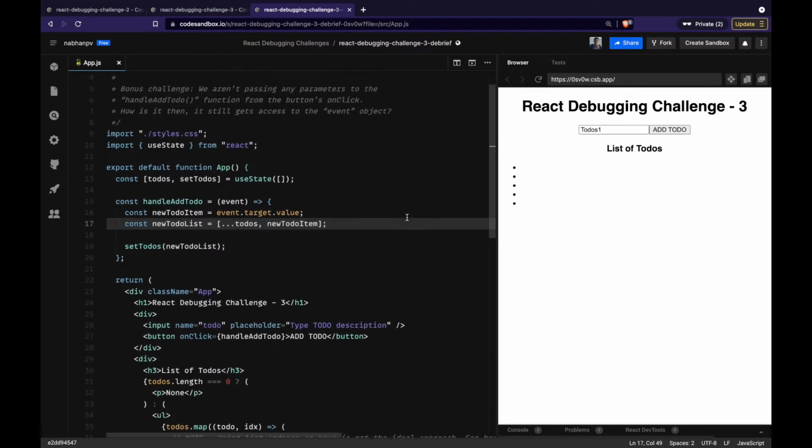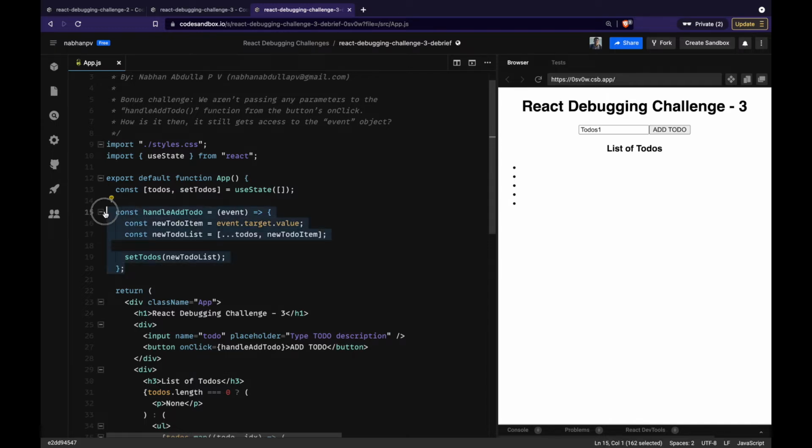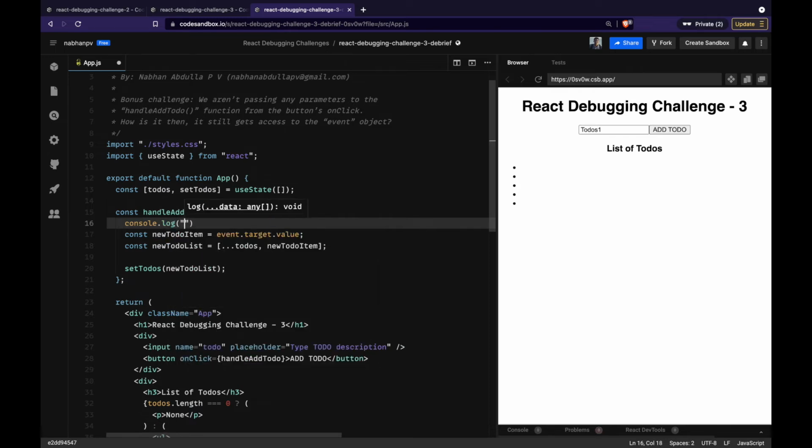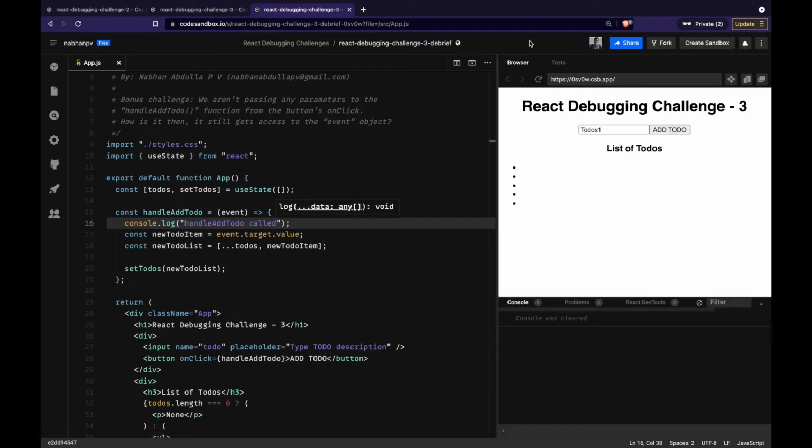Given that the only piece of logic we have that is related is this function, we'll use the ever always helpful log statements. Let's start at the top, just to first verify if the function is getting called. Let's first ensure the function is getting called. And you can see that the handler function is getting called.